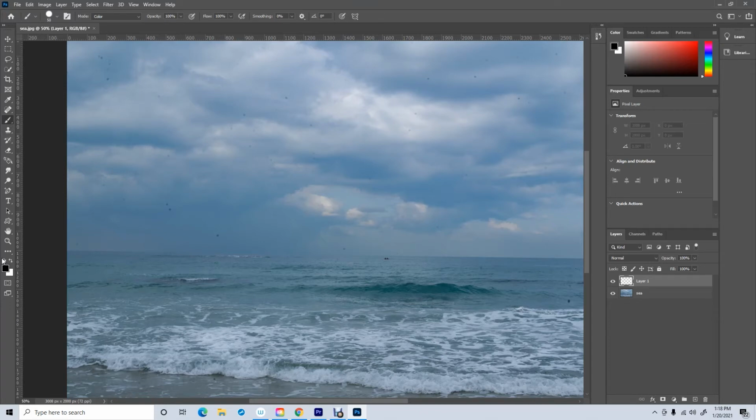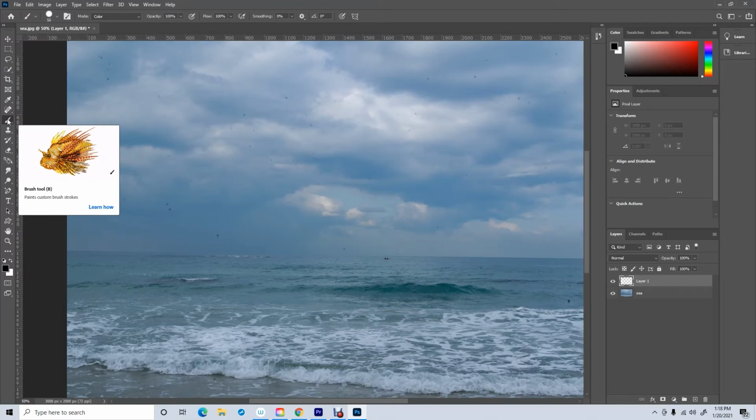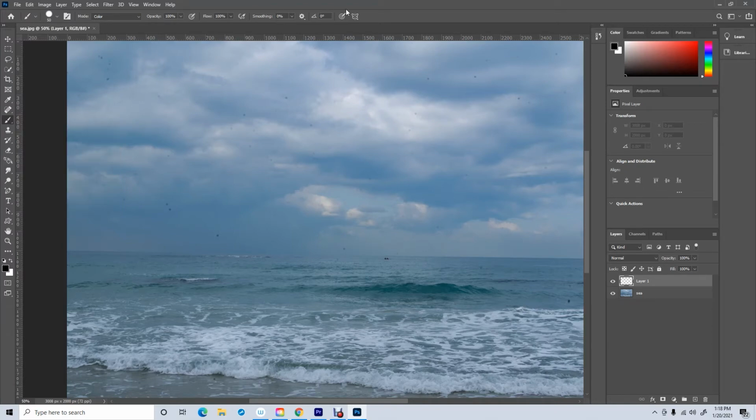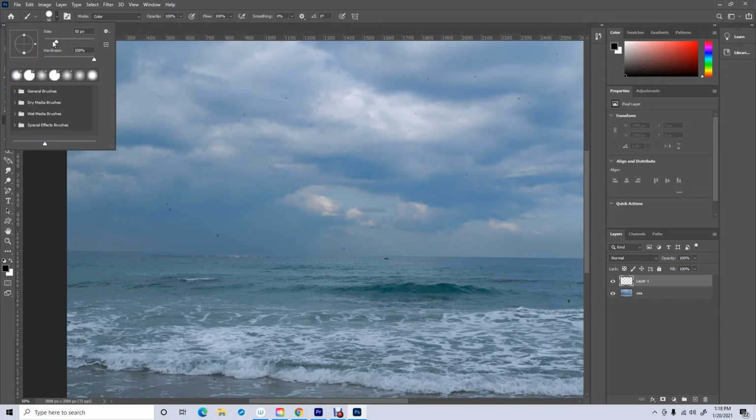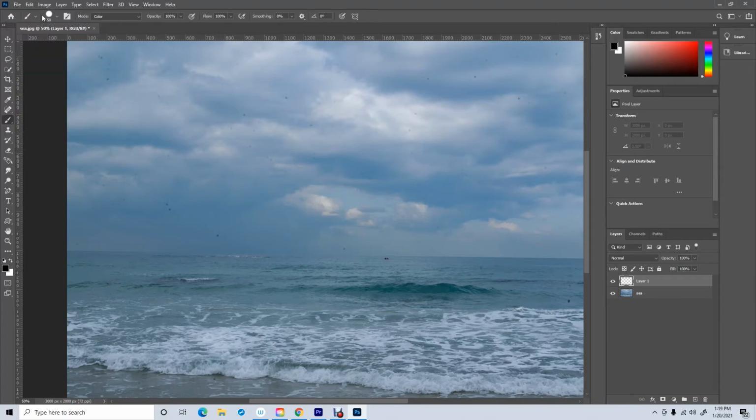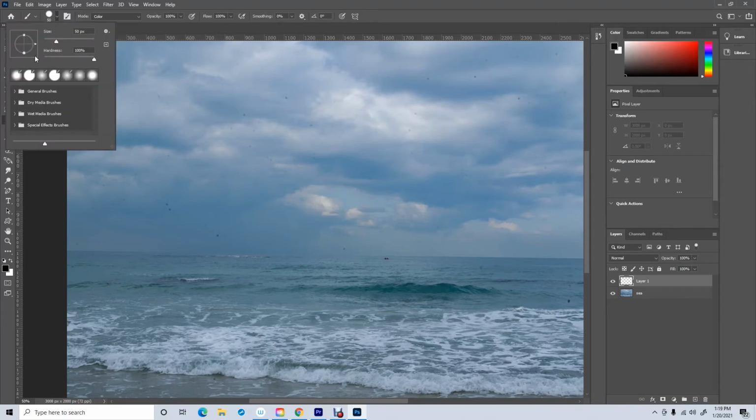So once I've got this black and I've got the white in the background and I've got my brush selected and everything is what it's supposed to be over here, let's just click on this arrow and make sure that the hardness is at 100%. So we got the size of the brush on 50,